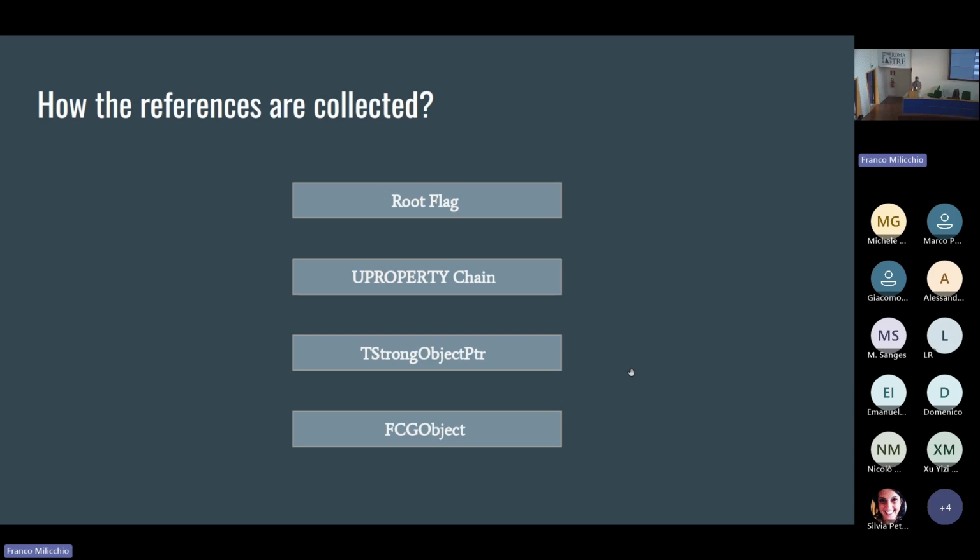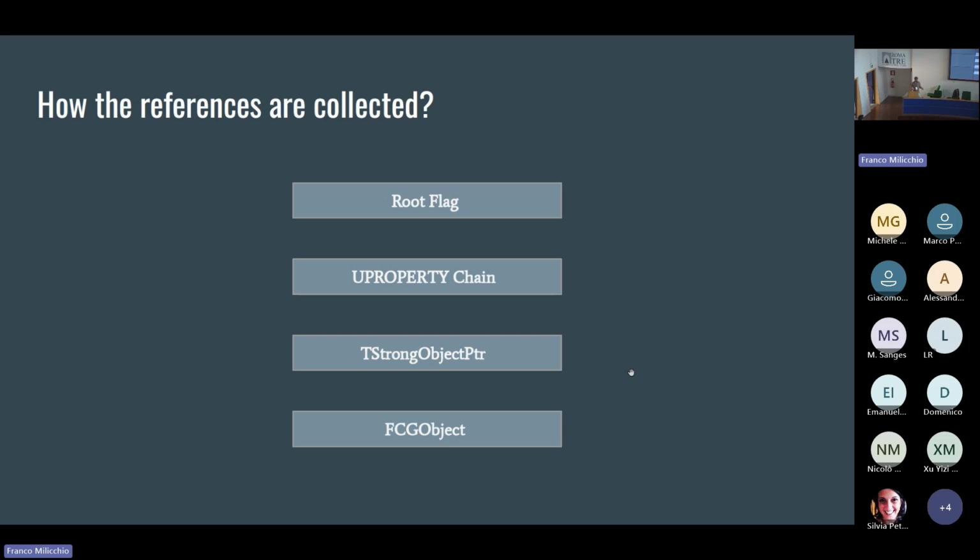Starting from the root set, the GC, thanks to the Unreal reflection system, is gonna see which variables at every instance are stored as UPROPERTY. And so starting from the root, the GC creates basically a tree, actually multiple trees starting from each root node. And every object that is reachable in this tree is flagged as reachable.